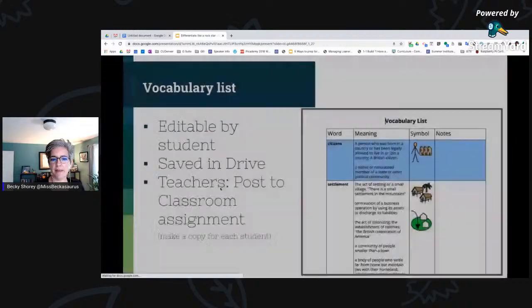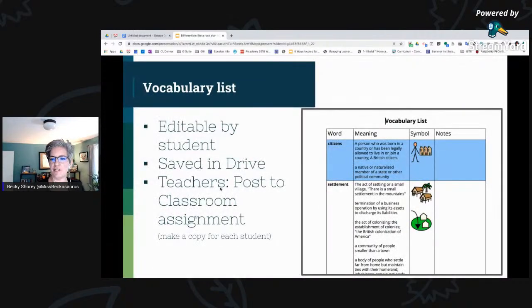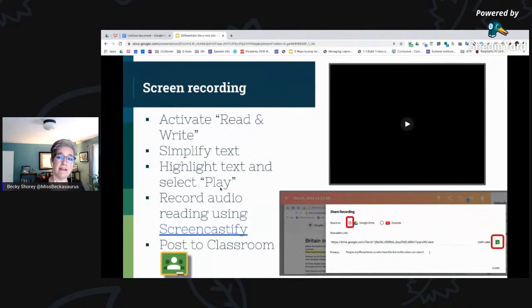Okay, I already showed you how to make the vocab list, but I've got the directions in here because this is your reference to come back to, because you're going to forget some of the things that I say. Okay, you can also,